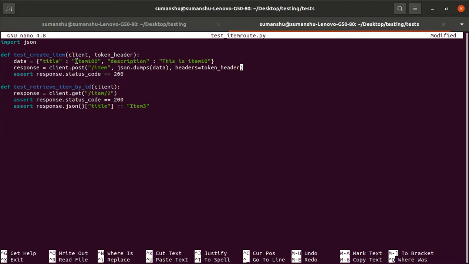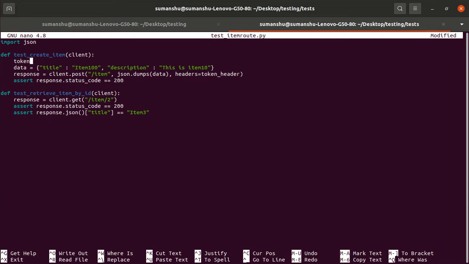One thing is that you can generate the token header within this function only. If we do it within this function, then we don't have to pass it here. We can generate the token header here only, with some code, right?